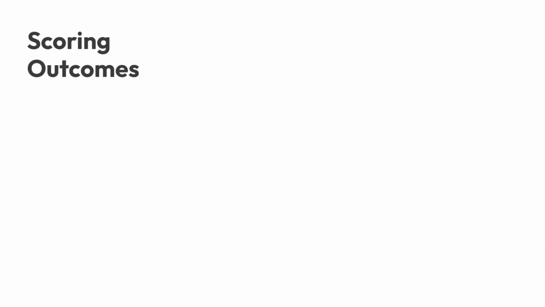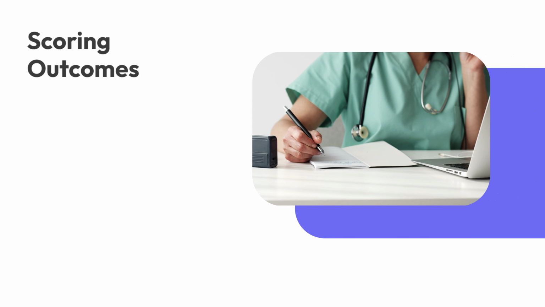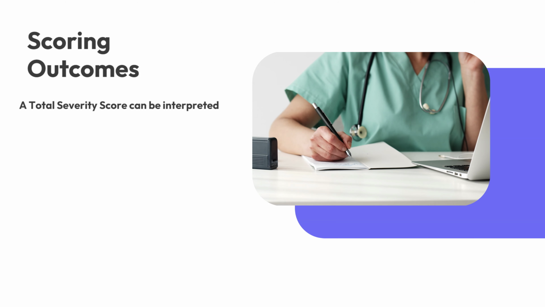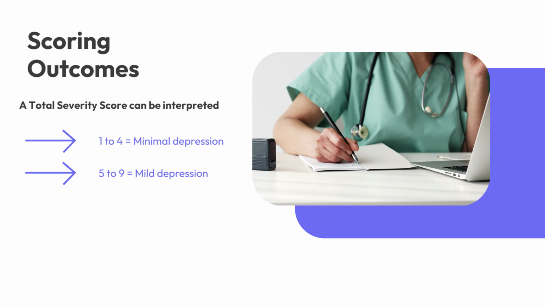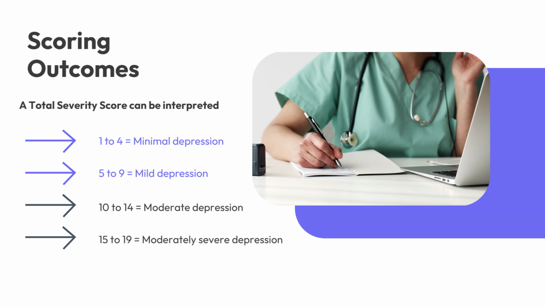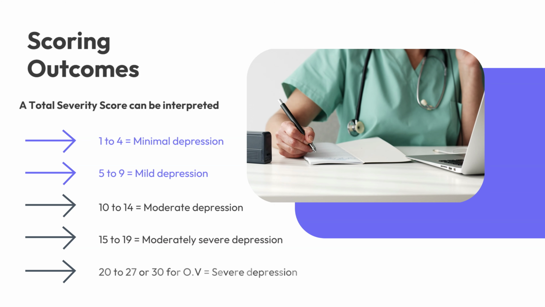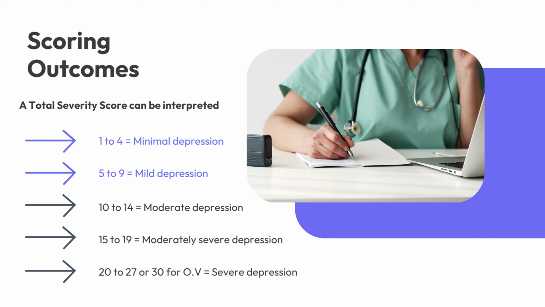Now that we have reviewed the steps to assessing and calculating the total severity score, let's dive into the different severity score outcomes. A total severity score can be interpreted as follows: 1 to 4, minimal depression; 5 to 9, mild depression; 10 to 14, moderate depression; 15 to 19, moderately severe depression; and 20 to 27 or 30 for severe depression. It is important to note that coding the presence of clinical signs and symptoms of depressed mood